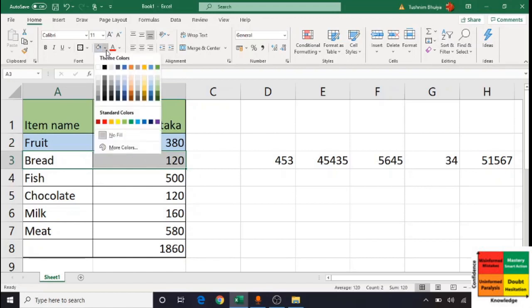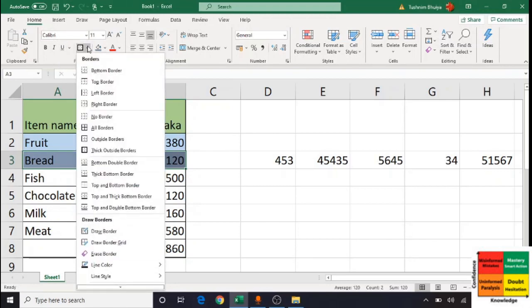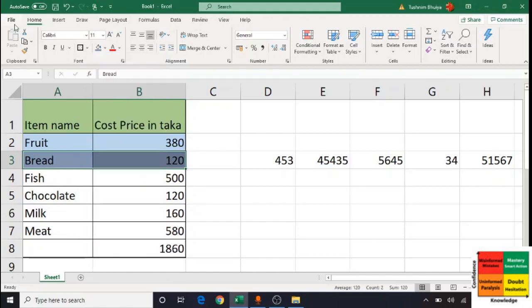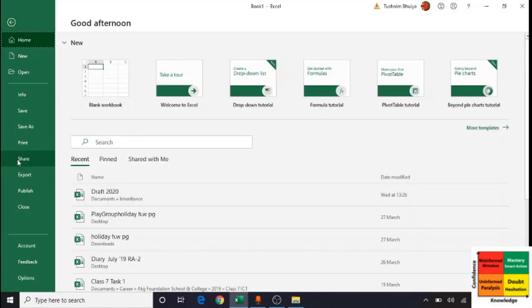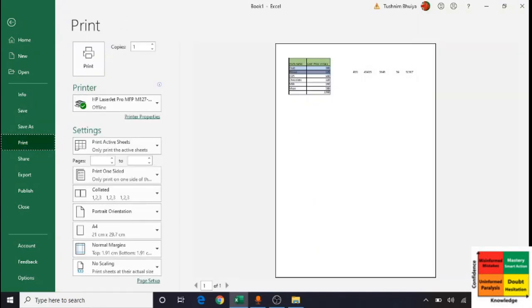Okay, and then again, if you want to get your lines, just again in the home menu, if you click onto the border option, then you can see all the different border options on here. So click on all borders, so you want to have lines in between all your cells. So if I go into File, Print now, you'll see what the table looks like if I wanted to print it out. So there you can see, if I just zoom in,